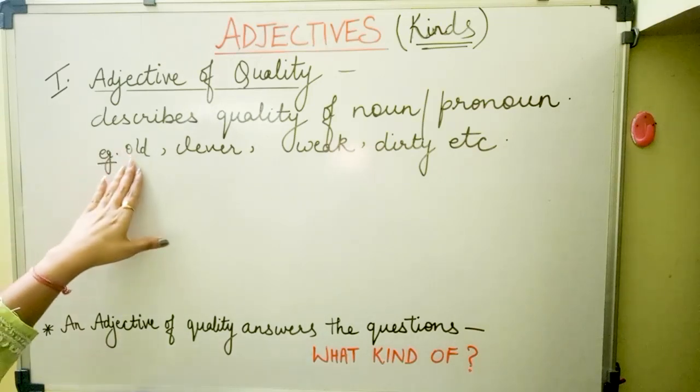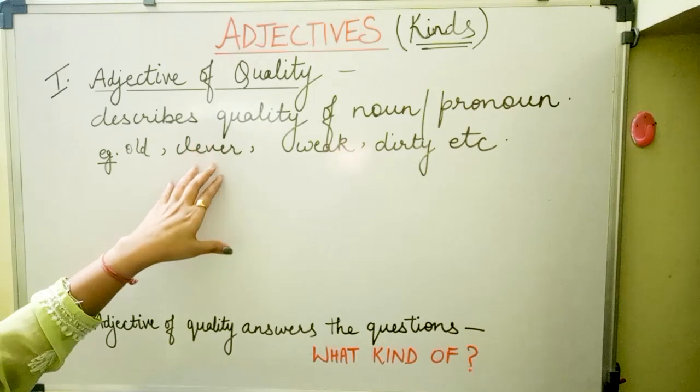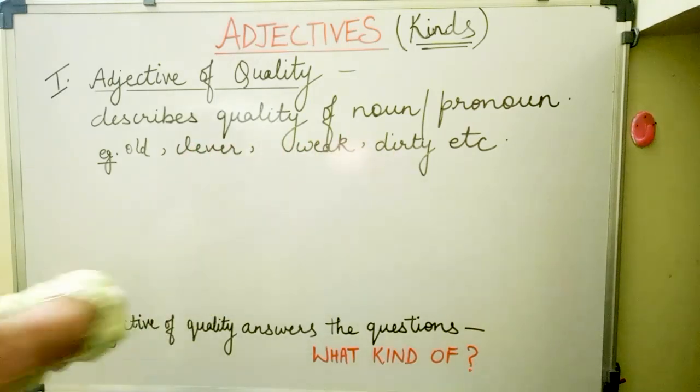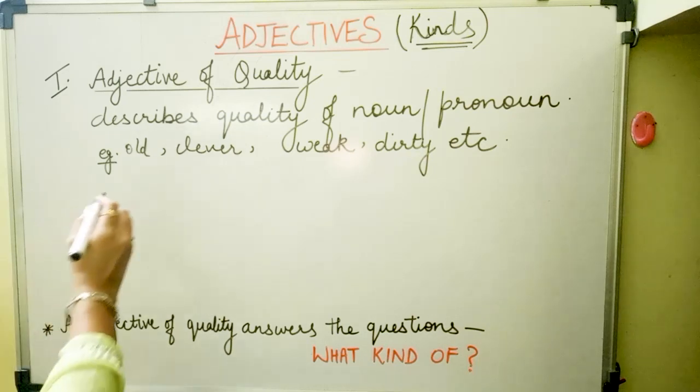For example, old, quality can be old. A noun or pronoun can be clever, weak, dirty, etc. So adjectives of quality talk about the quality of a noun or pronoun. Now let's see a few sentence examples. For example,